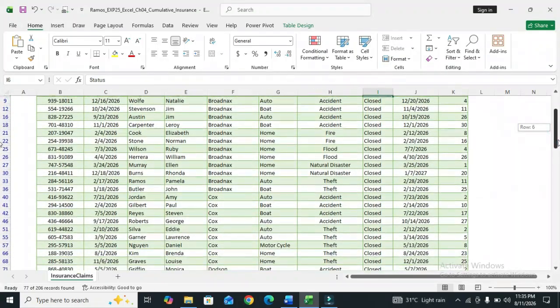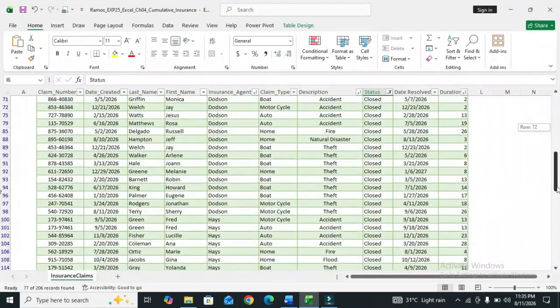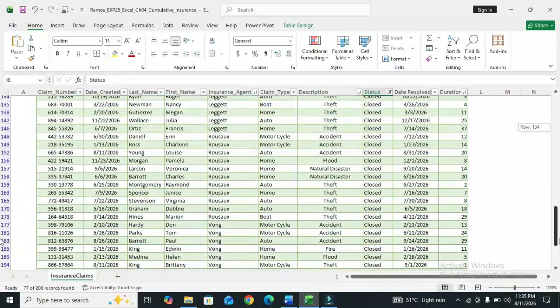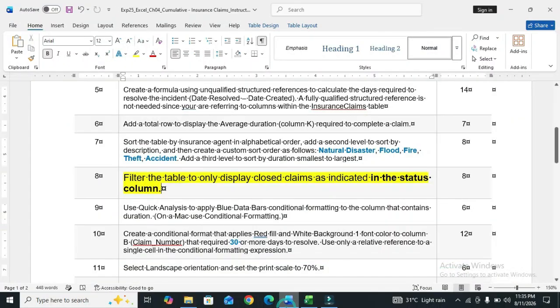Check this, only closed are shown. So step number 8 is also done.